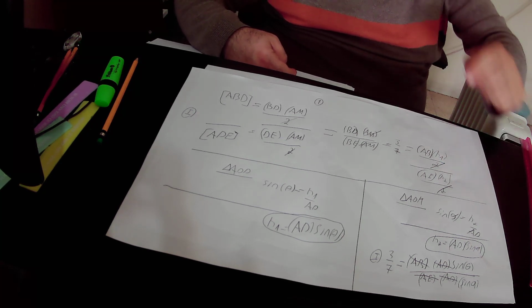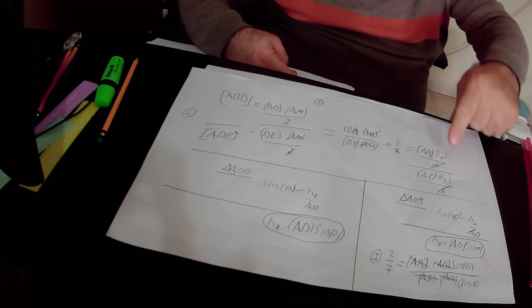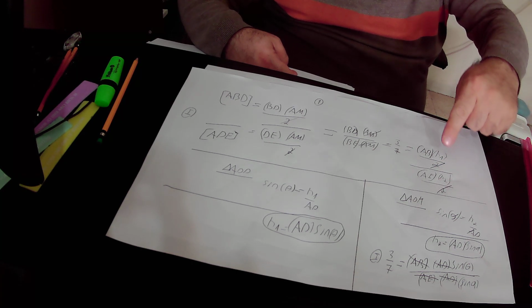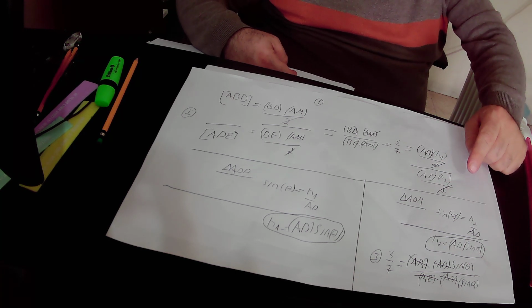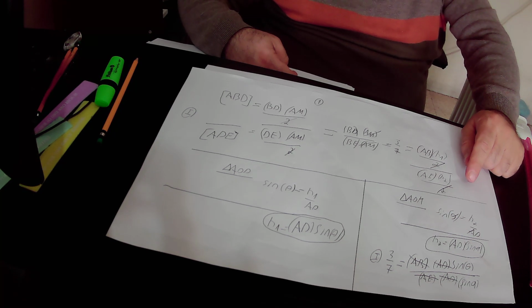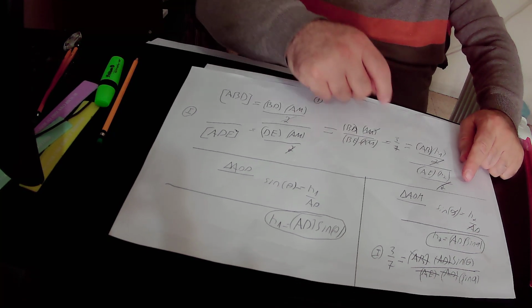Here we have 2 in the numerator and 2 in the denominator, so 2 will get cancelled. And in conclusion, we found out that 3 over 7,